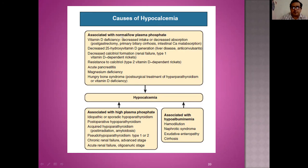Then we can have hypocalcemia with normal or low plasma phosphorus levels, which can be due to vitamin D deficiency, either due to decreased intake or decreased absorption, or decreased vitamin D generation, either due to liver disease or anticonvulsants. Again, early renal failure can sometimes result in low or normal phosphorus levels and hypocalcemia, or resistance to calcitriol, which occurs in type 2 vitamin D dependent rickets. Acute pancreatitis can result in hypocalcemia as well as magnesium deficiency. And finally, the syndrome we were talking about, hungry bone syndrome, which is basically after post-surgical treatment of hyperparathyroidism